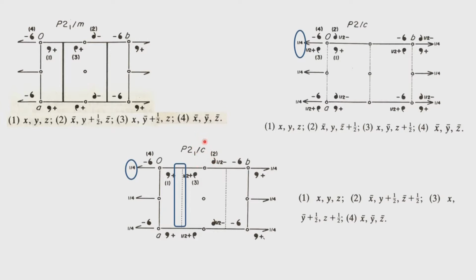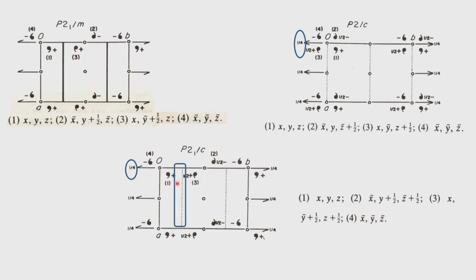The presence of 2-1 as well as C will move both the axes by 1/4. 1/4 along the direction which is perpendicular to the AB plane in case of the 2-1 screw axis, and in plane with respect to the C glide. So the C glide now, as you have marked here, will move by 1/4. So the C glide moved by 1/4, the 2-1 screw moved by 1/4. So what happens if you move the C glide by 1/4? So the point 1 now has to generate point 3.